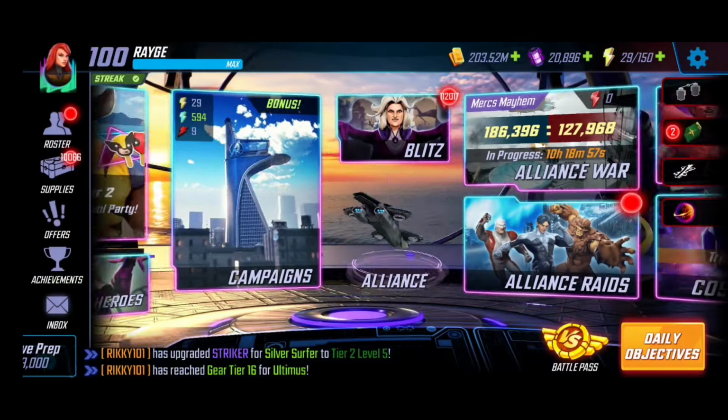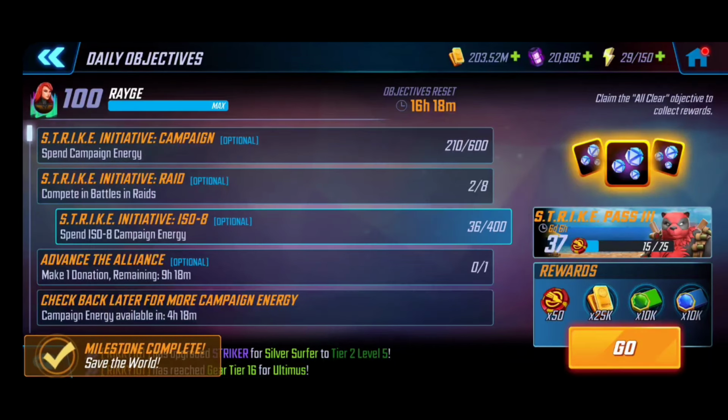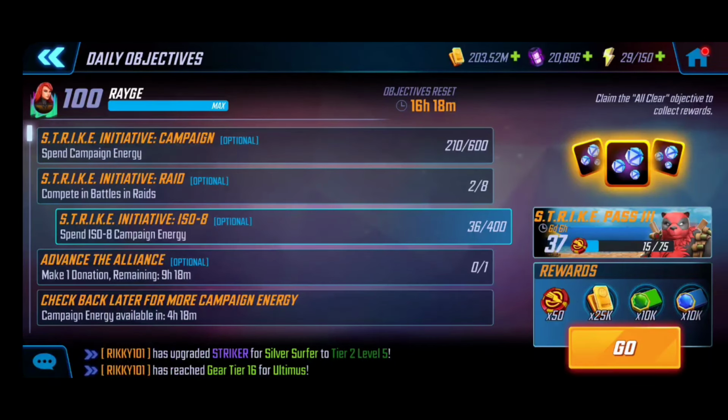So what does that mean now for my daily objectives and my strike pass? It means that I'm not going to be able to complete this one right here. There's another Iso-8 objective that you can do, which is partaking in 3 different nodes, which is why you see 36 out of 400 being spent. I just did 3 nodes for 12 per, but otherwise I'm going to be leaving this one